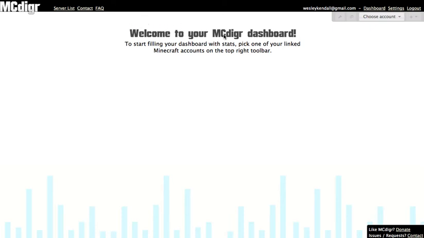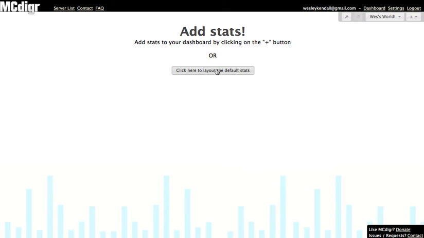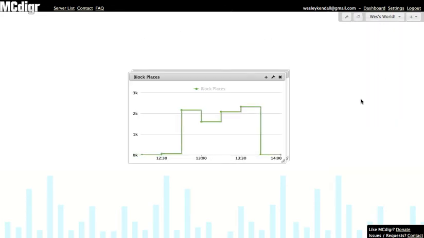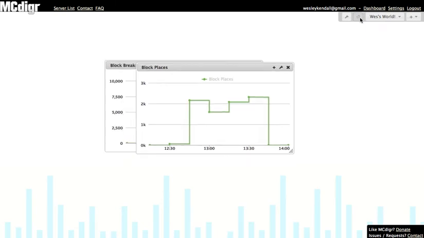You'll notice a welcome message on your dashboard, so go ahead and choose the account. And you can click on the button here to lay out the default stats, or you can click on the top right plus button to lay out individual stats. I'm going to lay out block breaks and block places. You'll notice that the stats are laid out in the center of the dashboard. If you want to lay them out automatically, just click on the Layout Stats button in the toolbar